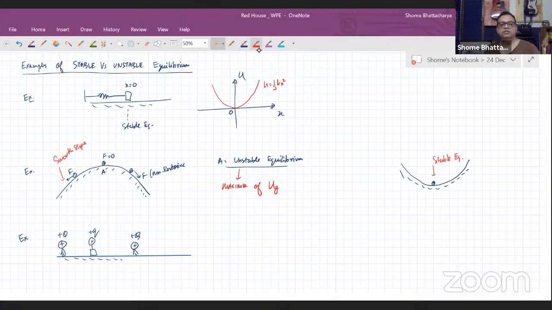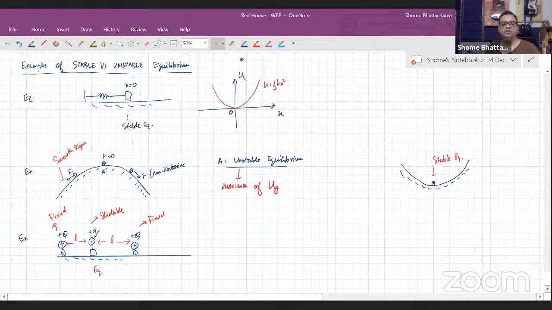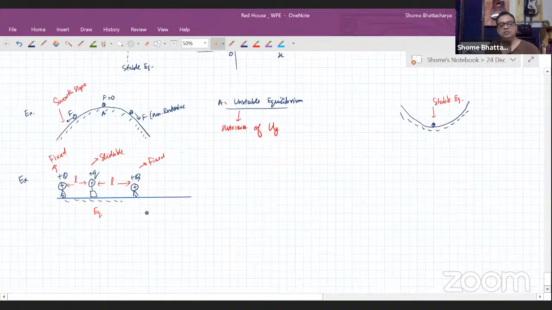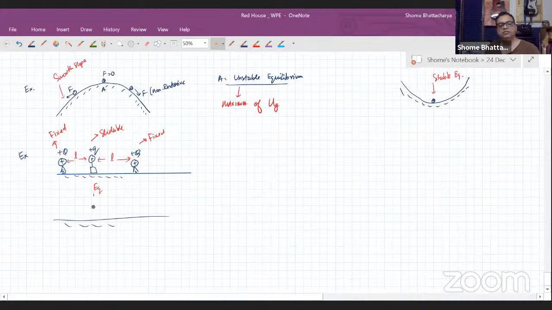So this is slidable, whereas these are fixed. So this position will be equilibrium. But you will see that if I move this from this equilibrium position to this side, for example,